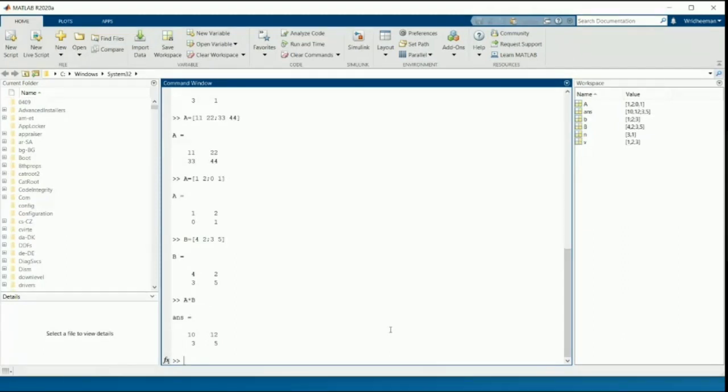You can see we have got the product of the two matrices. Now we will run B into A. As we discussed earlier, the values of A into B and B into A are not the same.